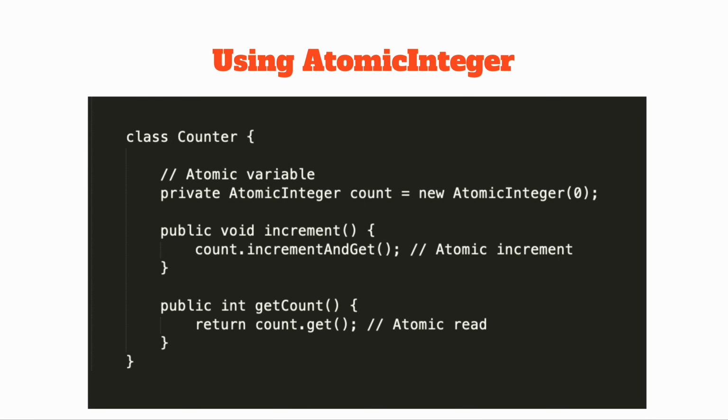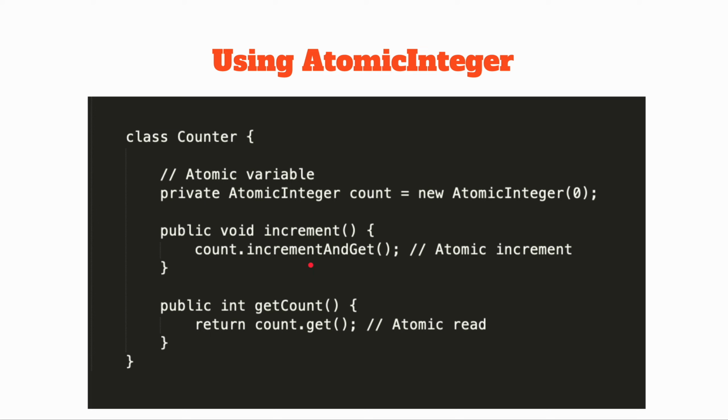For simple use cases, we can also use atomic integer. So in case of atomic integer, we don't need a lock, right? Because it uses low level CPU instructions to safely update the value without blocking, right? So this increment is a three-step process: read, modify, and write, right? In case of atomic integer, this read, modify, write happens in one step without any thread interference, right? So you can see I can change the data type from integer to atomic integer, and